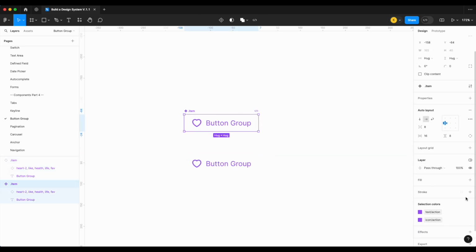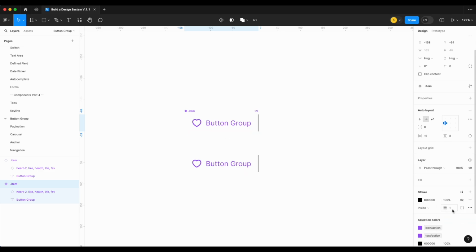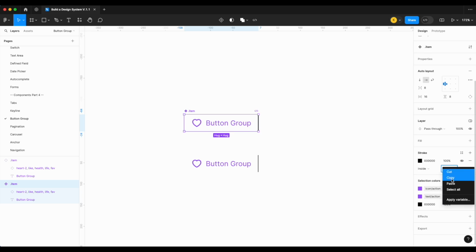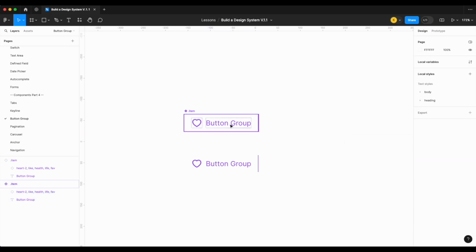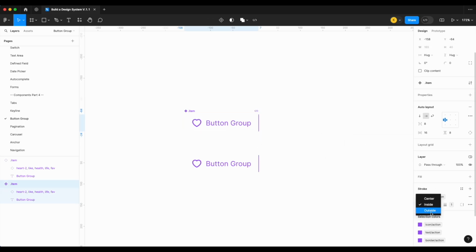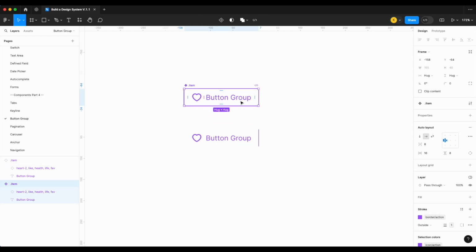One thing I did forget to do, however, is I forgot to add a stroke. So I'm only going to add a stroke on the right-hand side here. It's going to be, let me move this up. It's going to be 1 pixel. Border width is going to be that small, so 1 pixel, and this is going to be set to our border action. There we go. So just 1 pixel on the outside. And there we go. I think we have our button group item,